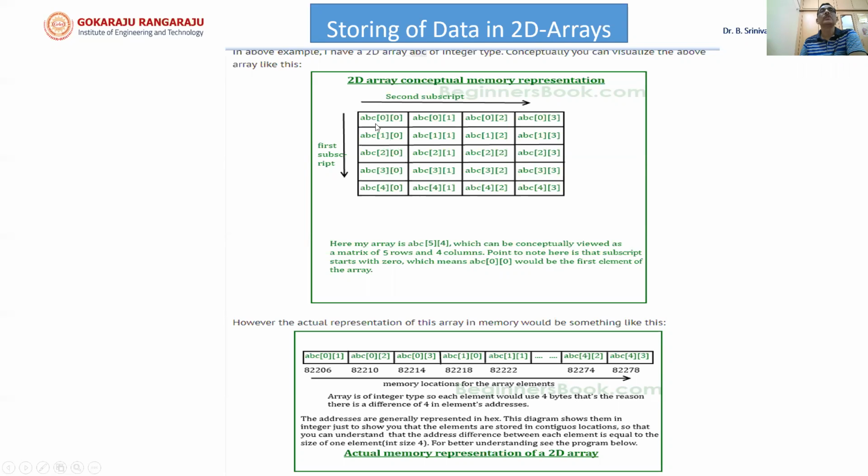How can we see it? Suppose this is the first row. All the first row elements are seen in this order, and after that the second row will start, and then the third row will start. That means it is a sequence of rows that are stored in the memory. The computer memory is just like a ribbon, and each row is brought and inserted one after another. So on a single ribbon or tape, all these elements are stored row wise. This is the actual way of storing the elements in the memory, and this is the logical understanding.